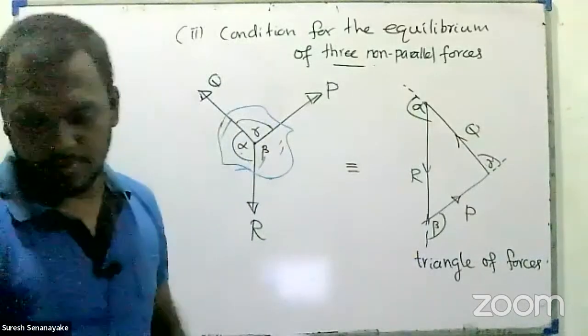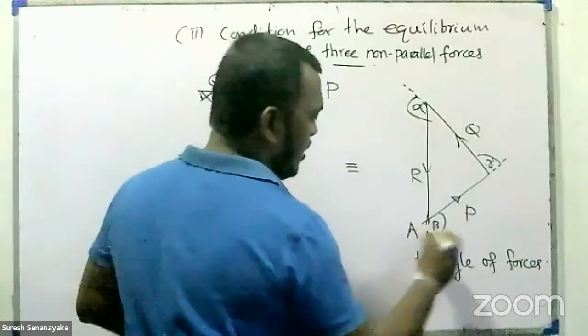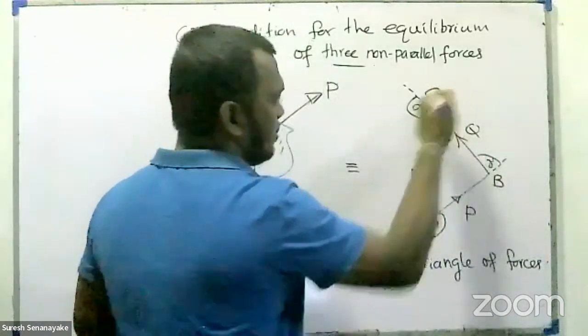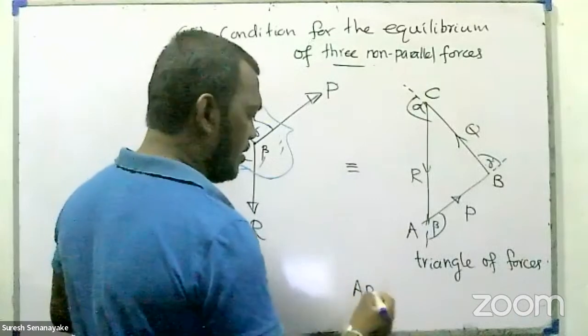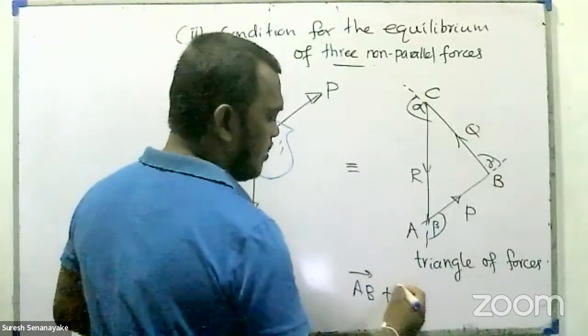You can draw this one. So here let's say this is a triangle I'm drawing, ABC. So then we can say that AB plus BC plus CA